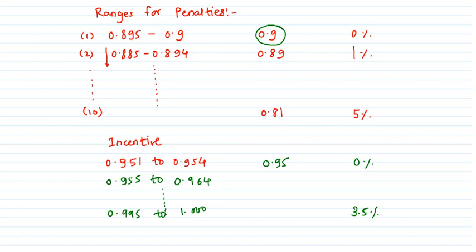From this you can understand that if your power factor lies between 0.9 and 0.95, there is neither a penalty nor an incentive. It's a neutral situation. If you keep your power factor above this value, you will get an incentive, 0.5% every time, like 0.5, then 1%, then 1.5, like that. Here, if your power factor reduces in this band, you will have values like this.